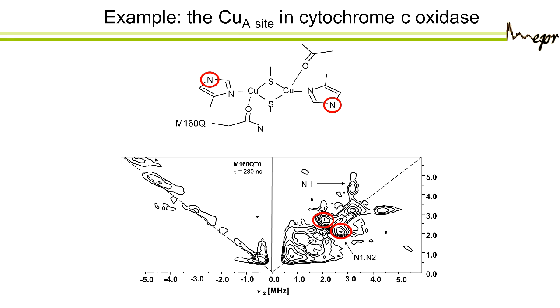Now we know that when there was a single copper, then this was in cancellation, but now we have two coppers, and the spin is delocalized over the two of them. So then we expect to have half of the hyperfine coupling on each of these nitrogens, and it will be too small to be in the cancellation condition. So we see here just the